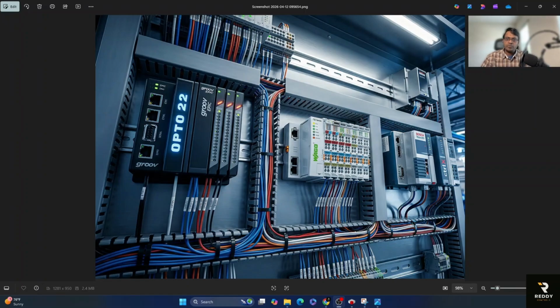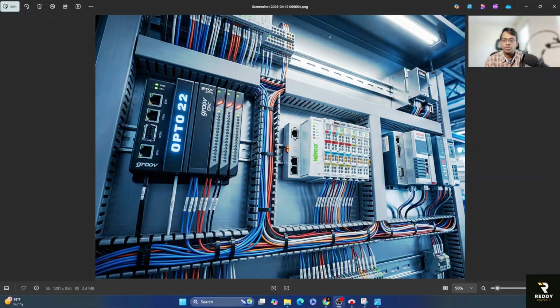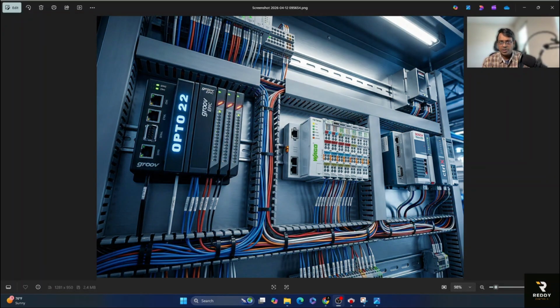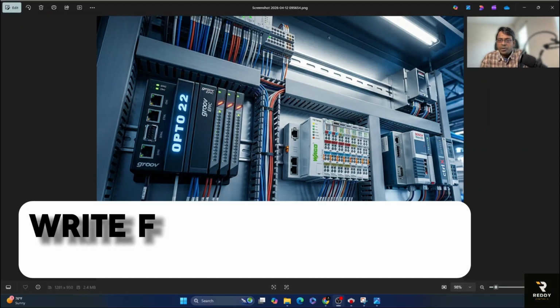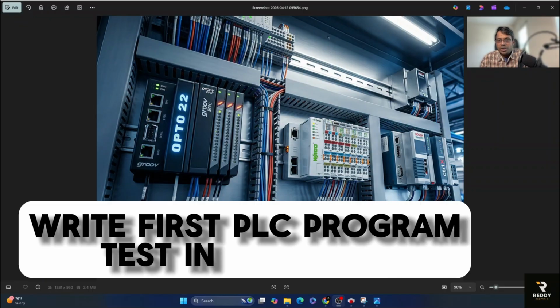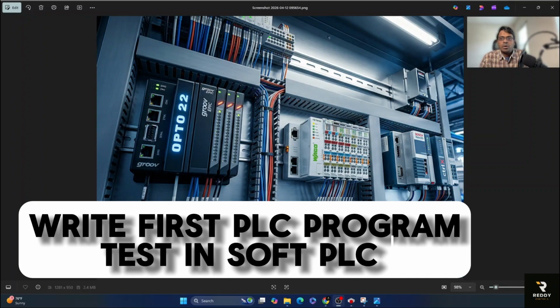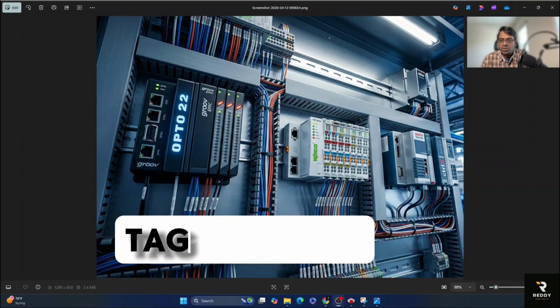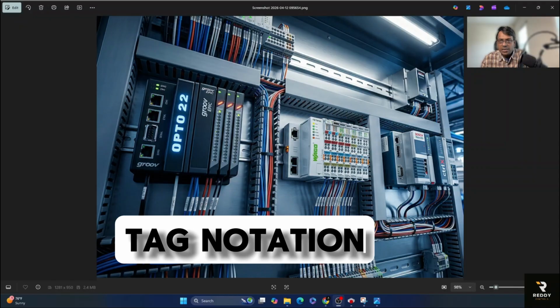If you're coming from the world of Rockwell or Siemens PLC, you're used to being locked into one ecosystem, just because of the software. But in the last video, we installed CODESYS, the universal language of automation. Today, I'm going to show you why this software is a game changer for anybody working in the PLC field. We are going to write our first program in CODESYS, and also test and debug that program in the SoftPLC component of CODESYS, and I'm also going to talk about some naming standards that are